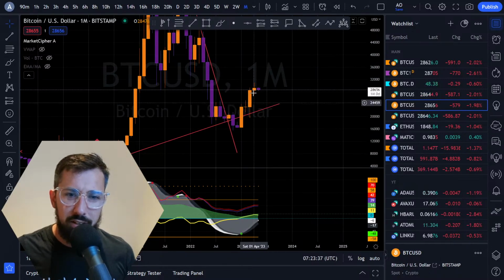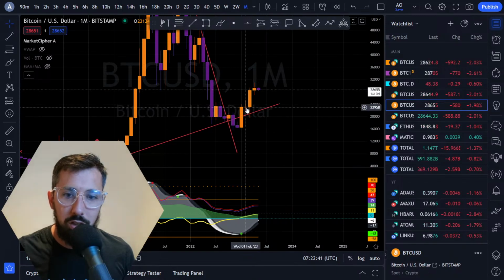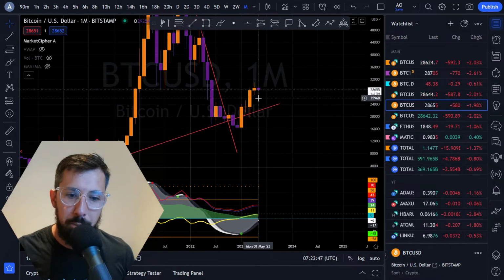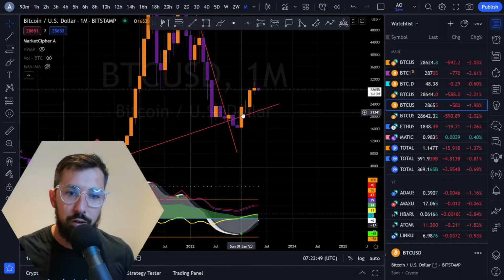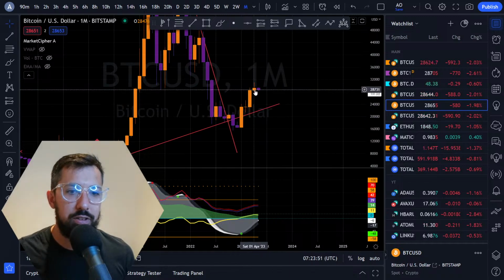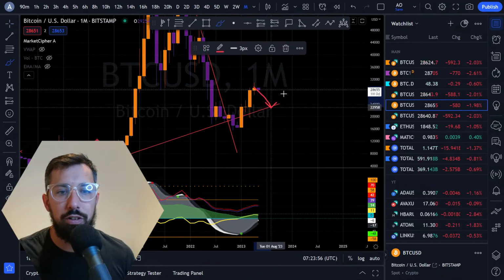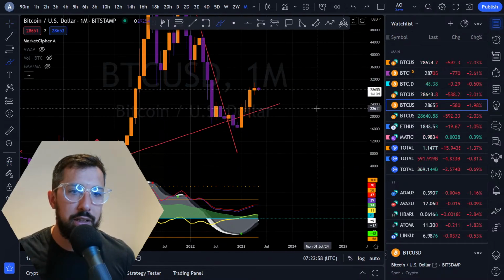But yeah, looking at the monthly here, indecisive doji candle, right? We had one here as well in February after the massive pump in Jan and then a massive pump in March. Can we get a massive pump in May? Okay, so pump, doji, pump. We will have to see, but we are looking for a retracement here, quite possibly, and we will keep our eye on that.